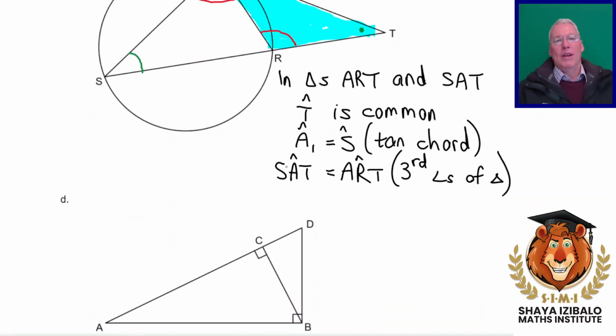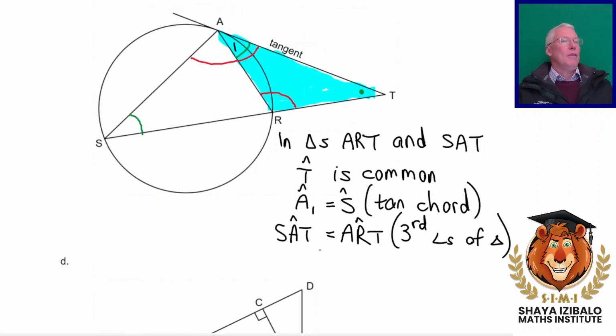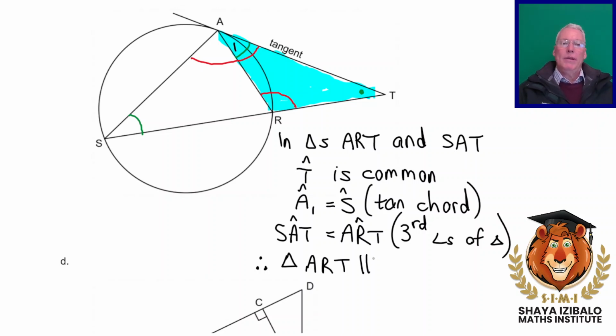And now we have got three angles. Because we've got three angles, we can write down that these triangles are similar. So therefore, triangle, doesn't matter where we start. Let's start with A, right? If we start with A and we go to R to T, that will be similar to triangle. And what we've got here now, from A was this one with the green arc on, so it must be equal to S. Then